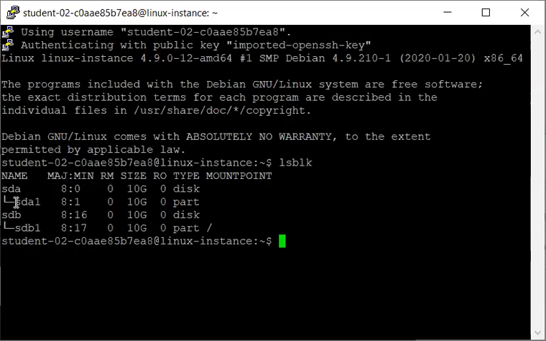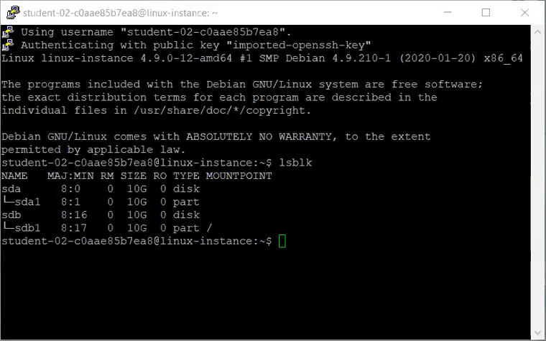So the sub-blocks of HDA are named HDA1, HDA2, etc. And the sub-blocks of HDB are as follows: HDB1, HDB2, etc. So these are all the blocks we are showing now.